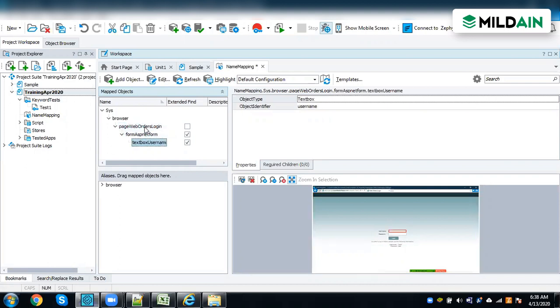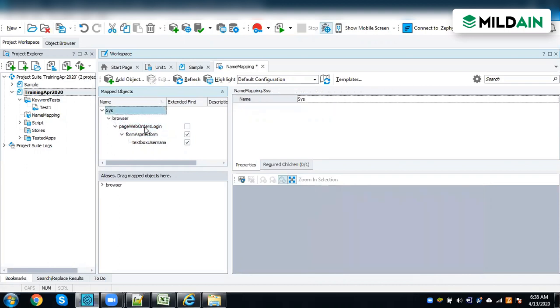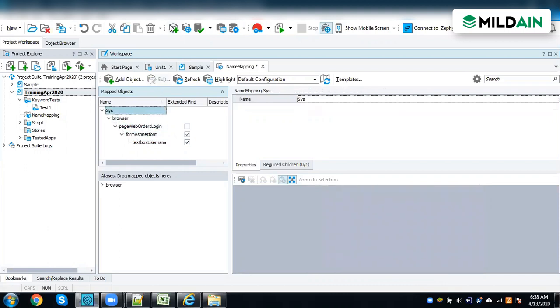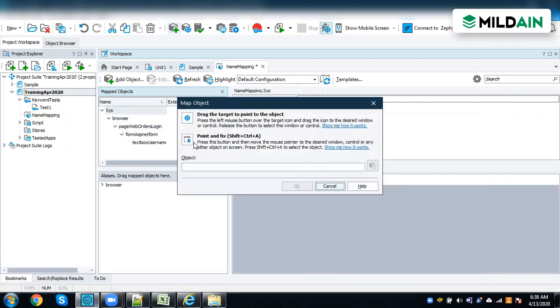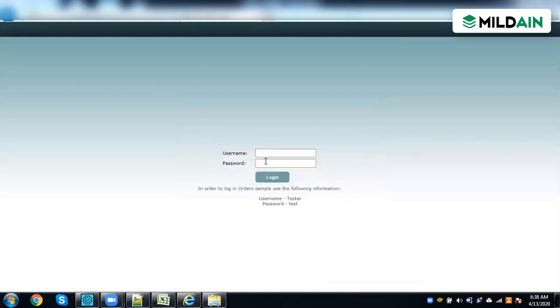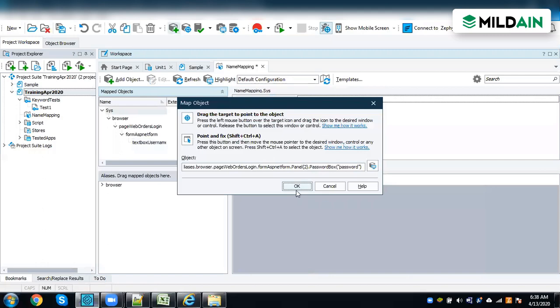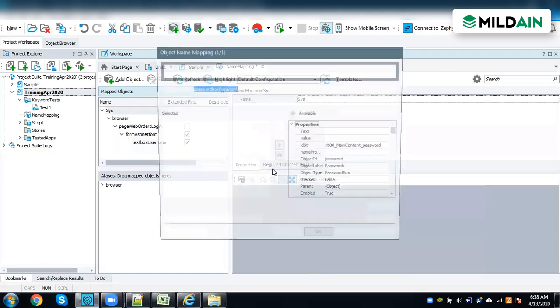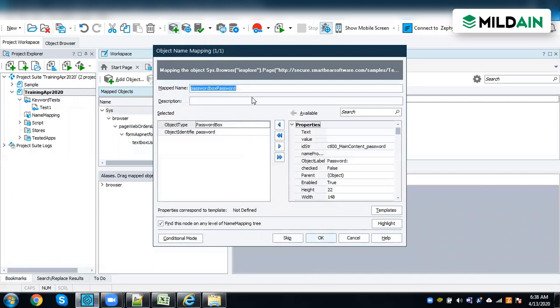Maybe it's not quite readable, and the properties are also automatically defined by name mapping. So generally it is advisable to do it manually, so we know what name we want to give and we can change it. So here, when I click on OK, I will choose my name manually. If you see, the password box has come directly because all the remaining hierarchies will be mapped.